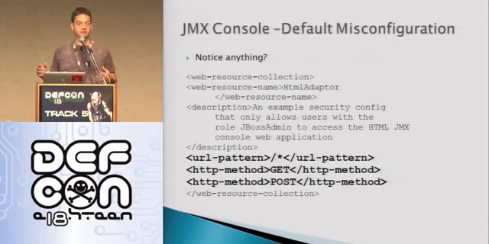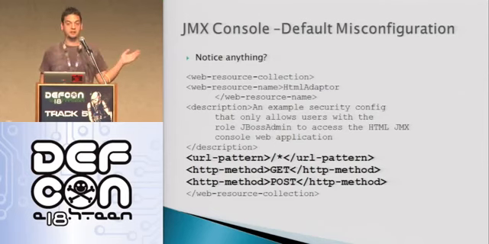So what's interesting about this is that this configuration makes the authentication apply only to GET and POST requests. Well, for those of you who are familiar with what HTTP verb tampering is, that means that I can just use a different verb that's not GET or POST, and I can bypass your authentication, which is great. The fix for this, by the way, is just to remove these 2 lines. Just take them out.